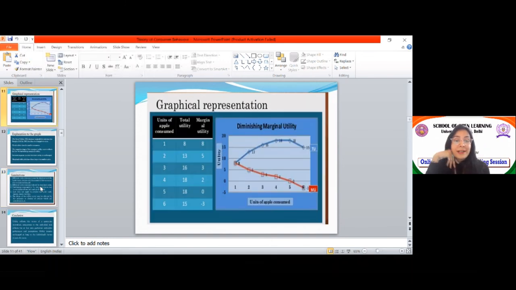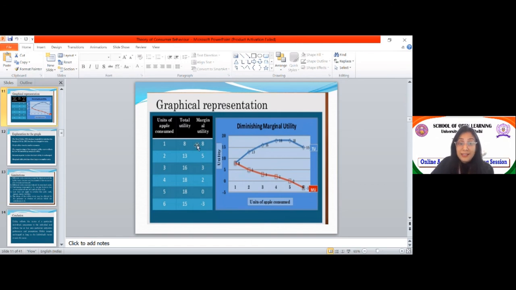Now graphical representation is what? Total utility. Here you can see the units of apple consumed. यहाँ पे आप apple की जगह you can take ice creams or you can take a glass of water, whatever. So when you will see the units are increasing, like पहले 1, फिर 2, फिर 3, फिर 4th unit, फिर 5th आ गई. Total utility क्या होता है? Total utility is increasing. Total utility भी एक particular time तक increase होगी जब तक you are having the successive